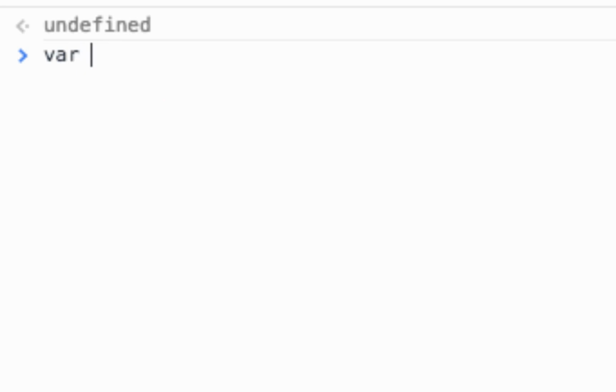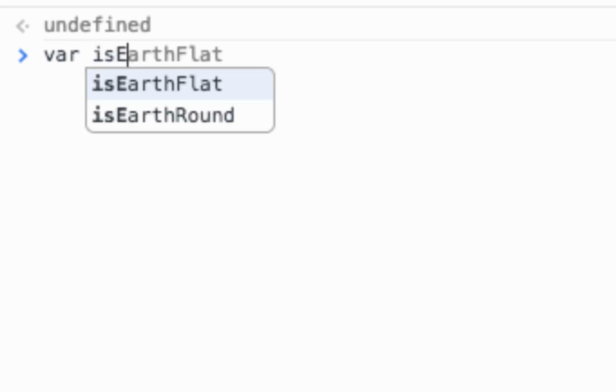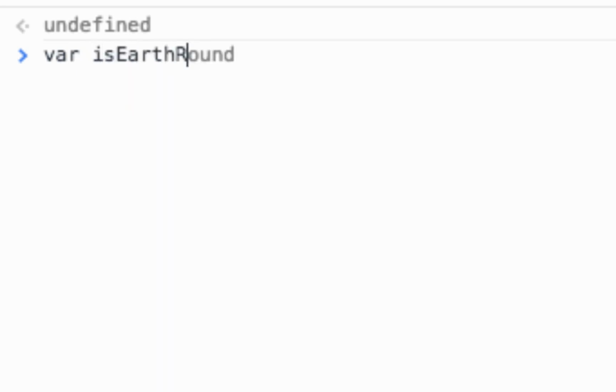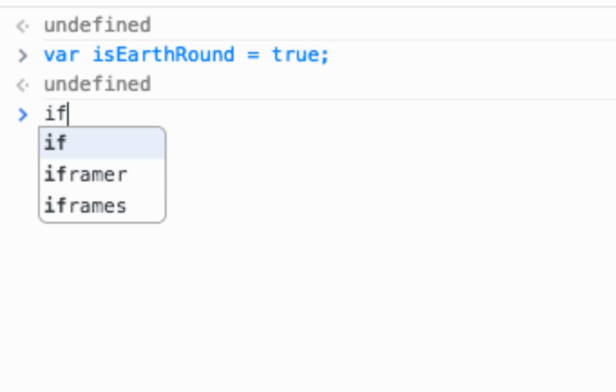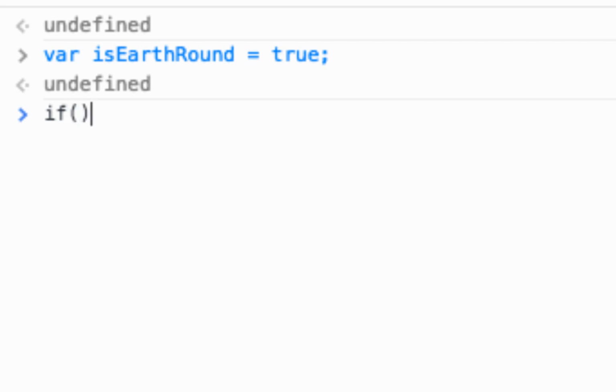Now I'm assigning a variable is earth round is equal to true. So what I'm doing is I'm assigning a value of is earth round true, and I want to print is earth round only if this variable is true. If is earth round